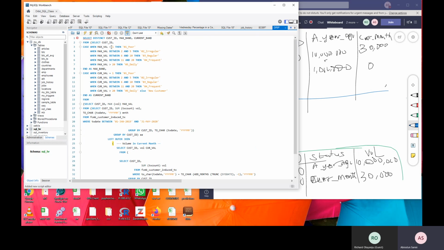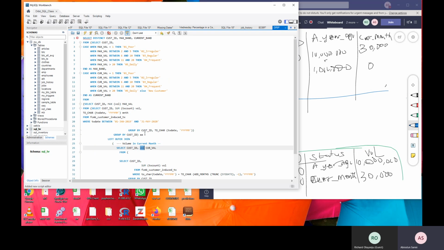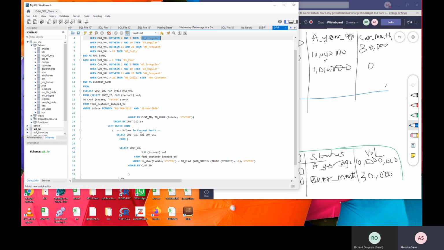So okay, it means that I need the customer ID, a max band to show the maximum transaction someone has made in 17 months, giving it all this information. Then I also need the current value, that is the volume of transaction that person has made in just last month. So it means that I should be able to do a compare and contrast. If the person is irregular, I will match it with the current volume of transaction that person made last month,